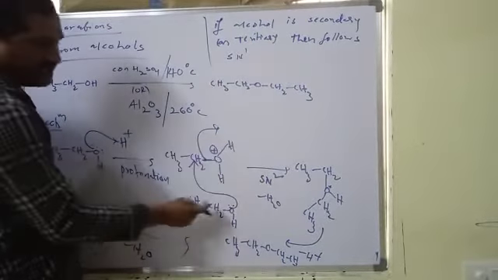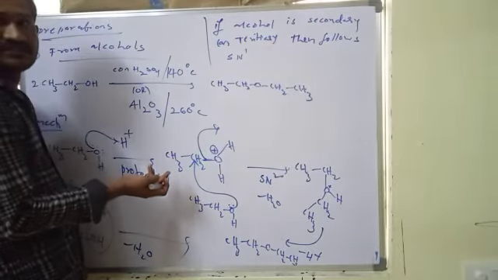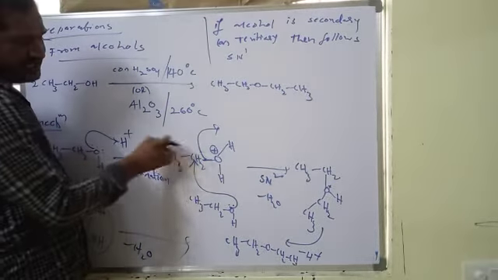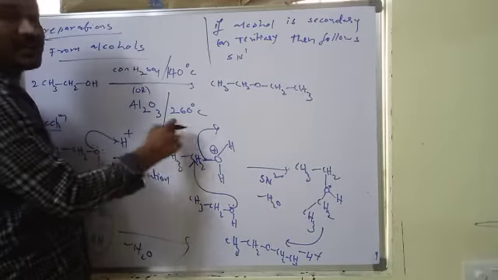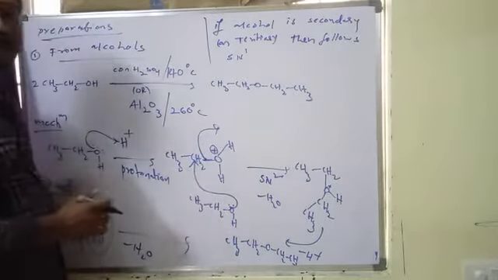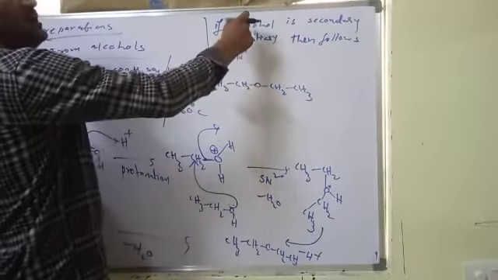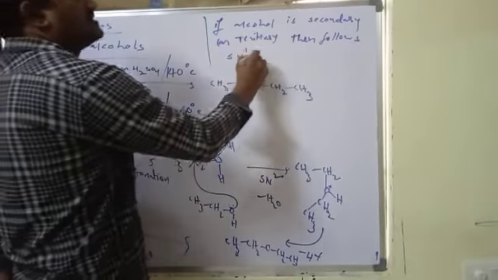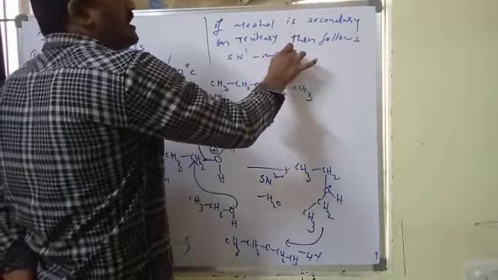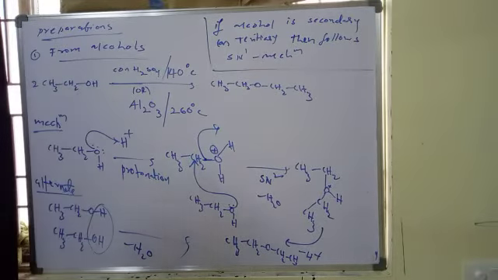Here no carbocation: directly the front side is eliminating and it will be attacked from the back side, that is SN2. So if this group is a secondary or tertiary alkyl group, after elimination of water a carbocation is generated. Then the next alcohol will attack. That is the SN1 way. You just have to remember, if the alcohol is secondary or tertiary, it follows the SN1 mechanism. If the alcohol is primary, generally it follows the SN2 mechanism.